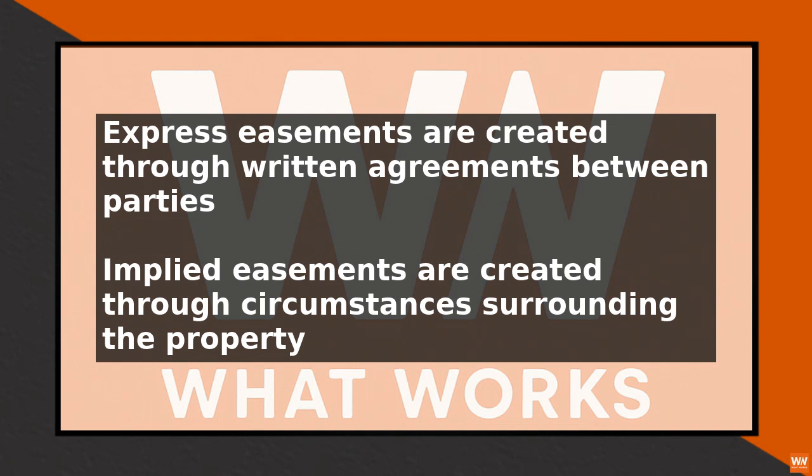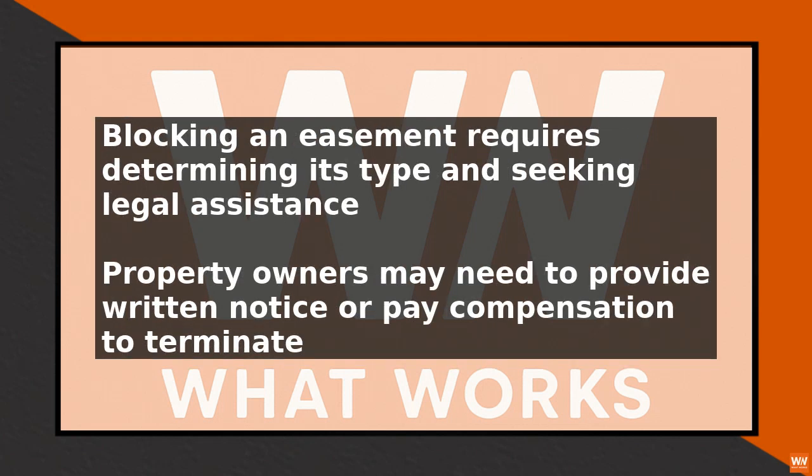In the case of an implied easement, the property owner may be able to block the easement by demonstrating that the circumstances surrounding the property have changed, such as the installation of a new fence or the construction of a building. However, this can be a complex and time-consuming process, and the property owner may need to seek the assistance